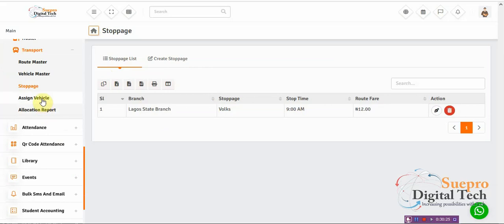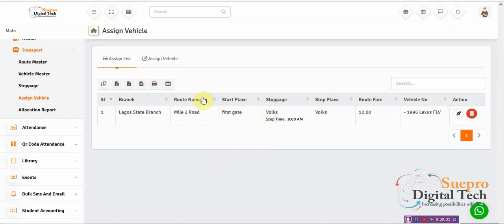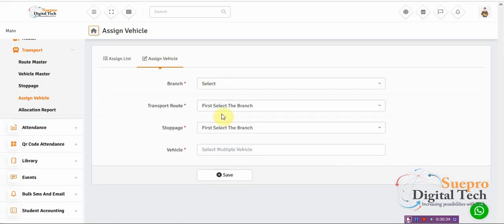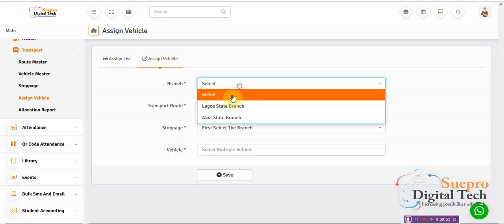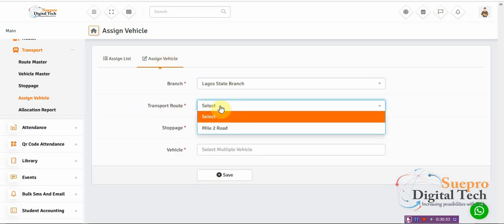And then after that you assign vehicle. Let's assign vehicle. This is assign vehicle to transport. Stoppage vehicle: you assign this vehicle to a particular school or particular class or particular people. This is where you assign. Okay, this person should take care of it. For example, this bus should be taking